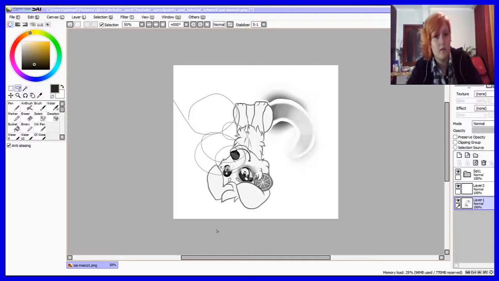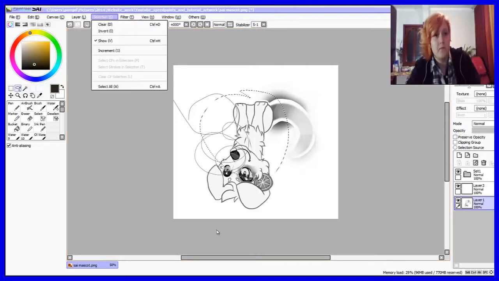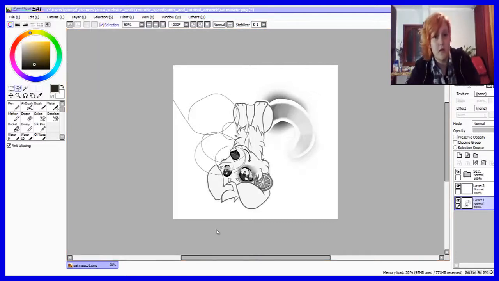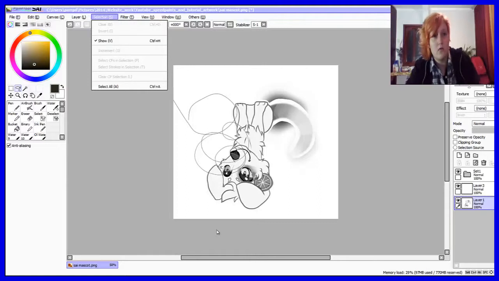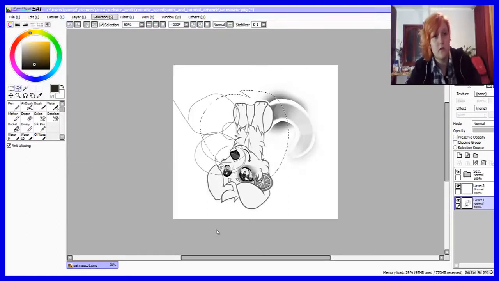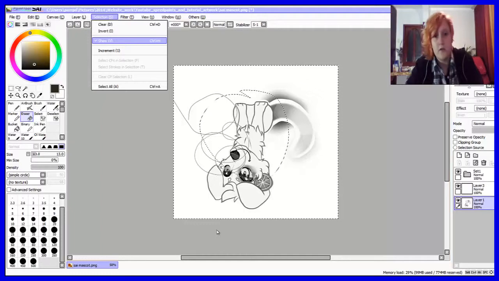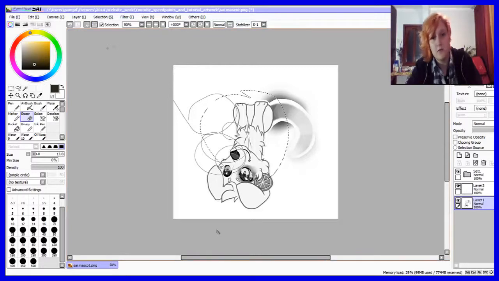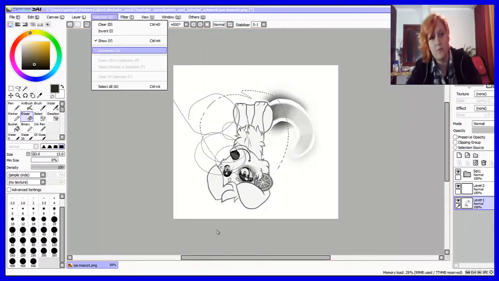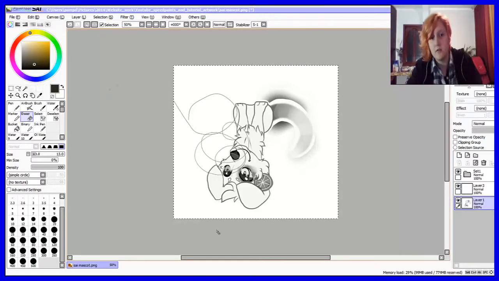For selection, let's say we select this. Now in selection we can do clear, which means that the selection was cleared, or we can invert, so everything around it is actually selected. We can show it or not. I'm not sure why that's a good thing though. We can increase it, which means it's going to grow bigger, or we can just select all, so now the